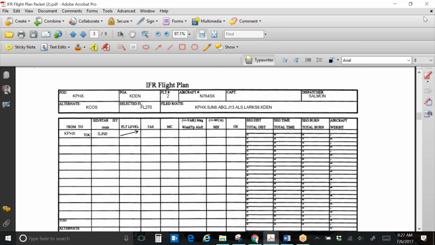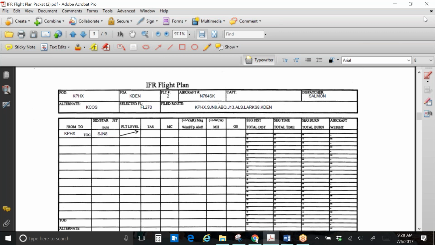So this is assuming that you already have all of your weight and balance done. You've figured out your route, you figured out your flight level, you've figured out basically all that stuff. You've done your initial fuel, you've done your simplified fuel. So this is basically to the point where you're ready to start beginning to calculate your legs and break them up and basically do them all individually, looking at the charts, doing your wind calculations, ground speed, heading, all of that stuff. So we are starting from that point, and I am doing this for the Phoenix to Denver flight